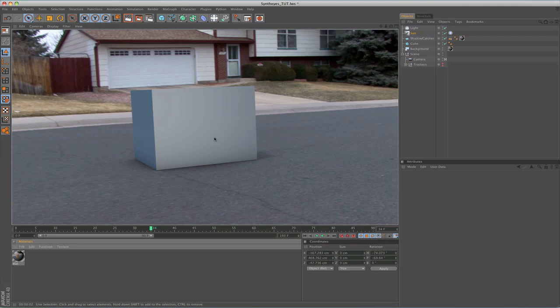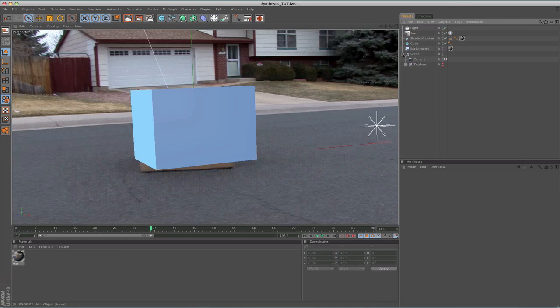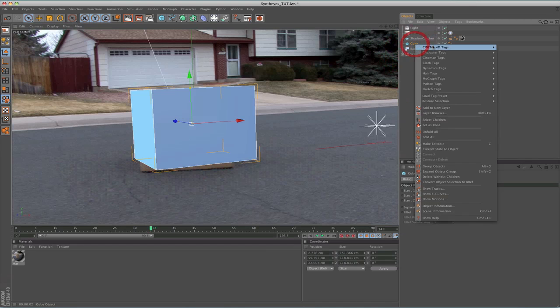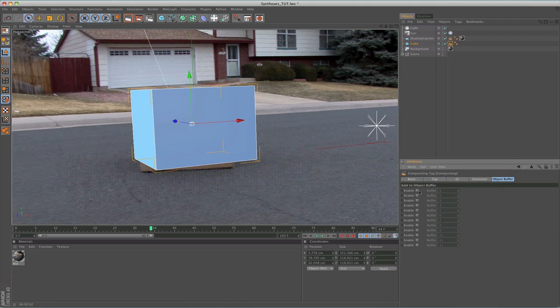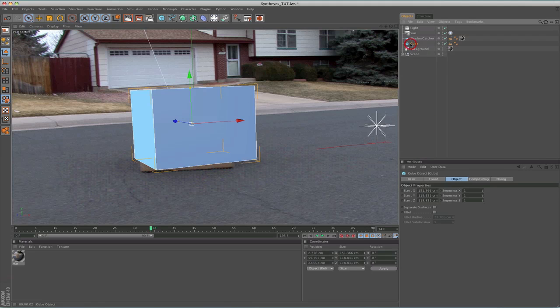What I'm going to do next is set up a couple of multi-passes so we have more tools inside of After Effects to composite this to make it look more like it fits into the scene. So the first thing I'm going to do is take the cube, Sim 4D tags, compositing tags, and add an object buffer. And what this is going to do is make a track mat that I can use in After Effects to solo this out by itself, and I can color correct it, tint it,